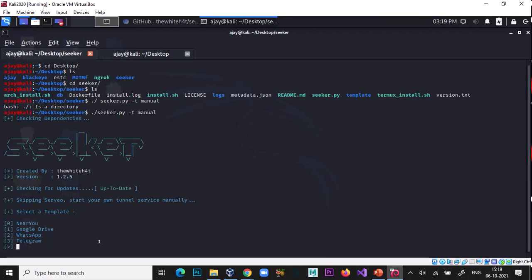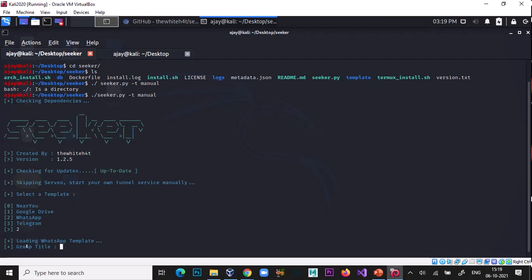Now the process to make a phishing page. So press 2 for WhatsApp group. Group title, suppose I type FDP on cyber security.